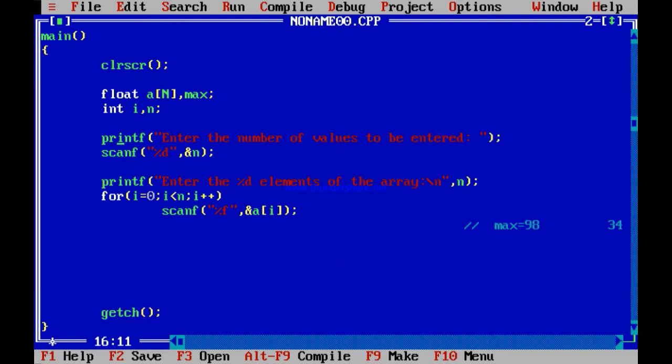This part of the program is as it is. Enter the number of values to be entered, you scan that. Enter the elements of the array, you scan that. Now comes the part of your program to convert it to 1 or 0. You have already scanned the elements of the array, so the elements are there in A[0] to A[n-1]. This part is the same for all the programs of the array. Now you need to convert this array to 1 or 0.